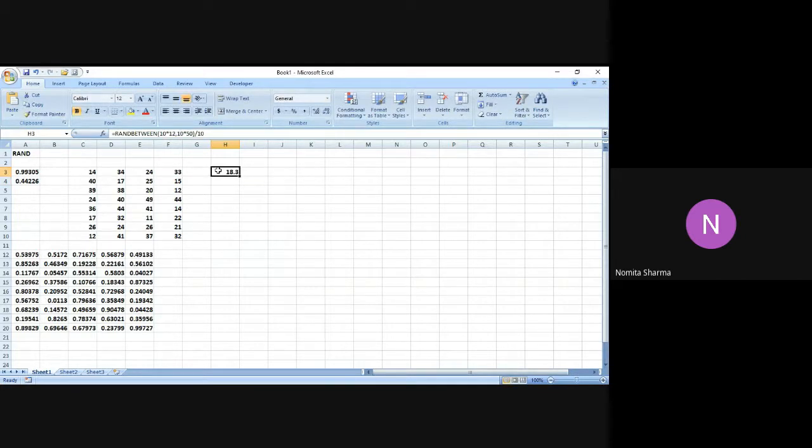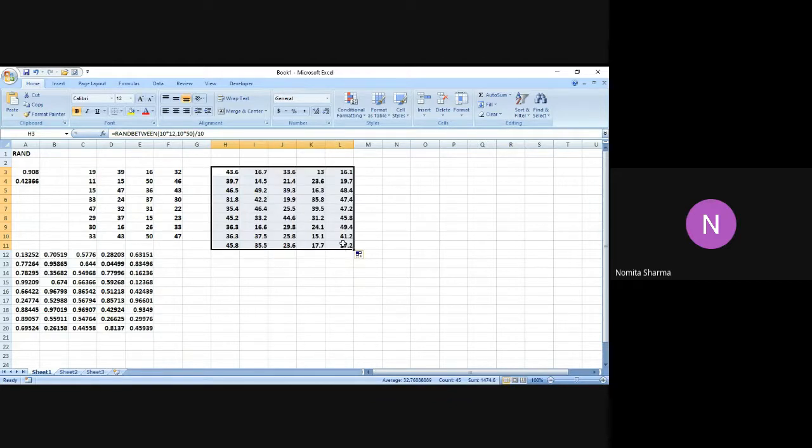I've got 18.3 as the answer, and if I drag this down, I see that I'm getting different random decimal numbers that are more than 1, that is 31.7, 47.6, and so on. That is how we can generate other decimal numbers with the help of the RANDBETWEEN function.